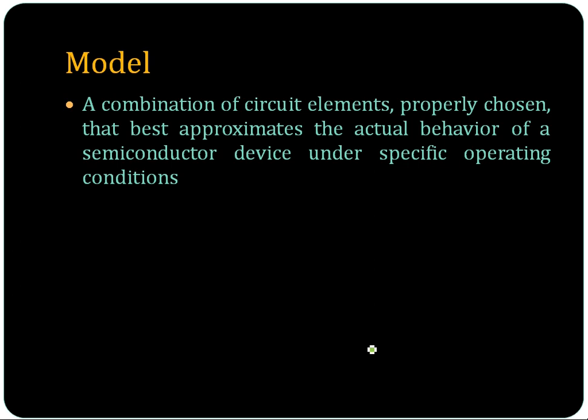So the transistor alone cannot operate as an amplifier. Of course you need a circuit with some more elements like resistors and capacitors to perform the function which we require in the most efficient and correct manner without any loss in the information to be amplified. So these circuit elements have to be analyzed, how the transistor operates as an amplifier along with its circuit elements. So for this we have to model the transistor as well as the amplifier circuit itself.